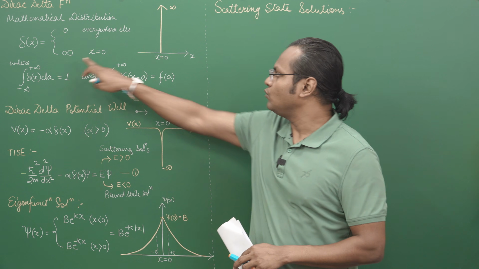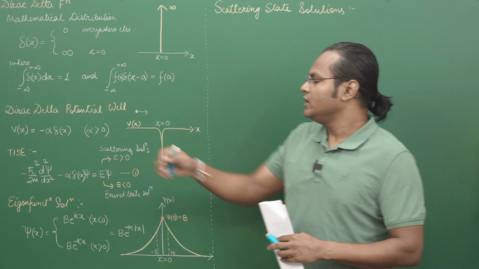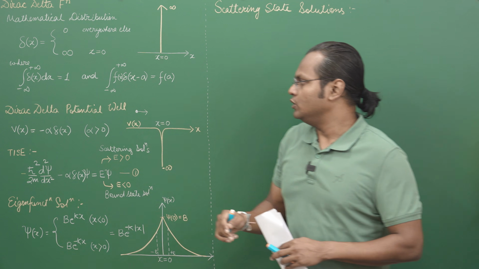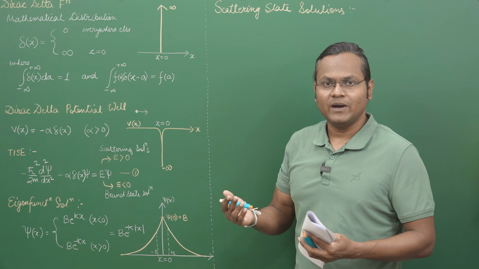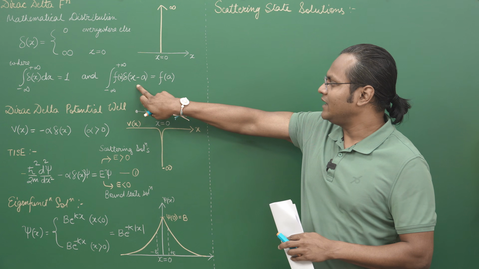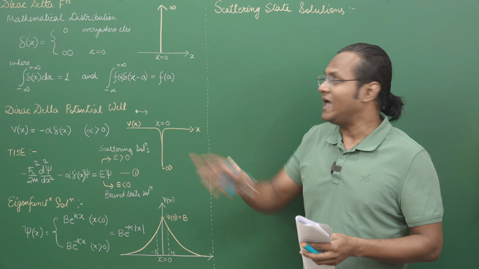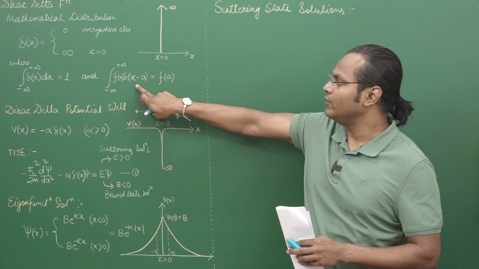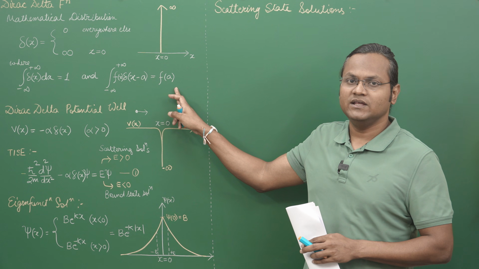So it's infinity at one particular location, x is equal to 0, and 0 everywhere else, such that if I integrate the Dirac delta function in the entire region, it comes out to be equal to 1. And if I multiply the Dirac delta function with some mathematical function, so here the Dirac delta is defined at x is equal to a. So it's not necessary that the Dirac delta has to be located at x is equal to 0. This simply means that it's located at x is equal to a. I multiply that with some function, integrate in the entire region,